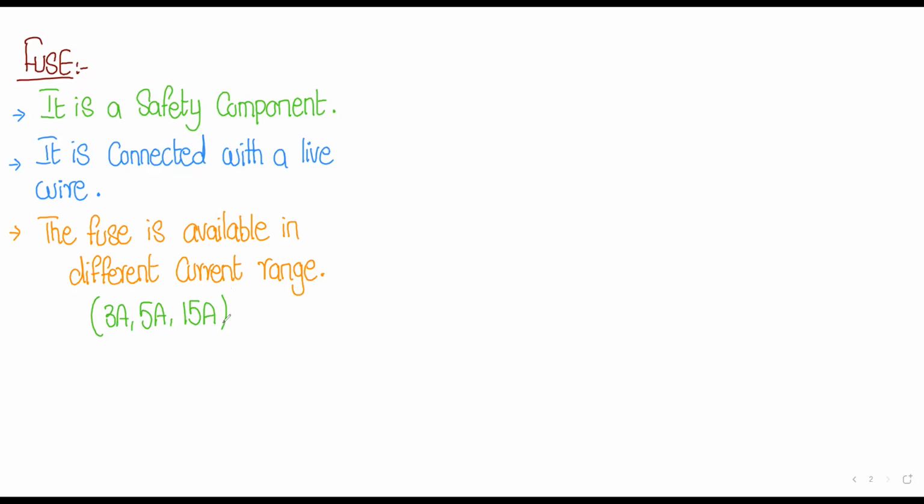So there will be a value of current in ampere written on the fuse. So we can use the fuse according to the range of the current in the appliance. Let's suppose the maximum current in an appliance is 4.5, 4.6 ampere. So you need to connect a 5 ampere fuse, right? Let's suppose if you connect